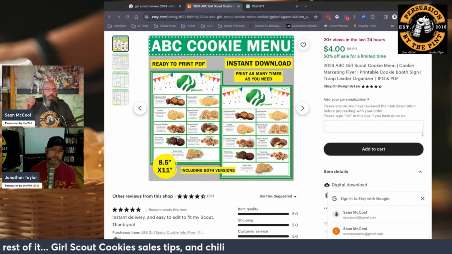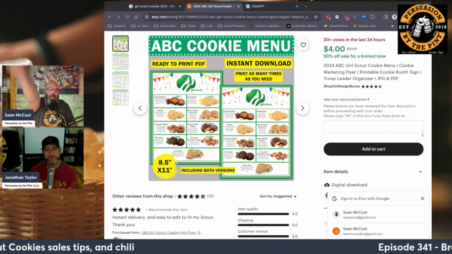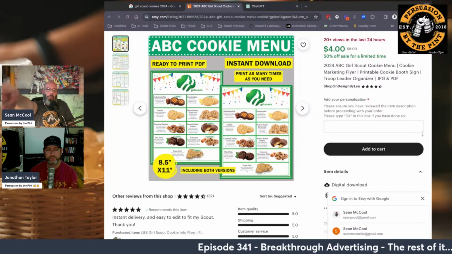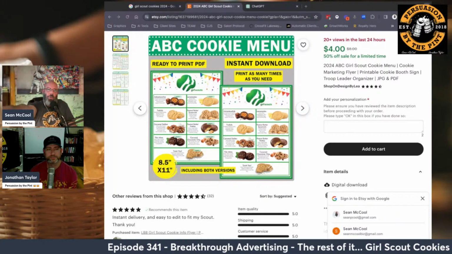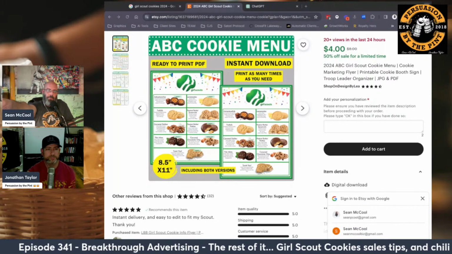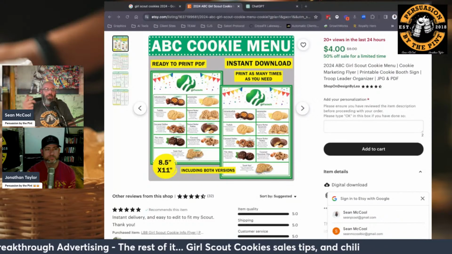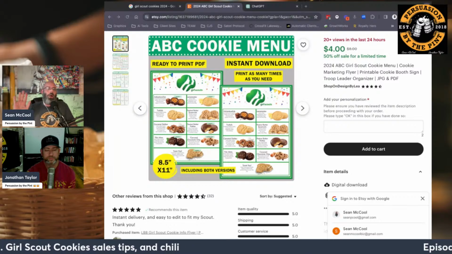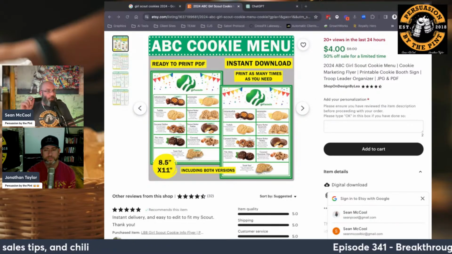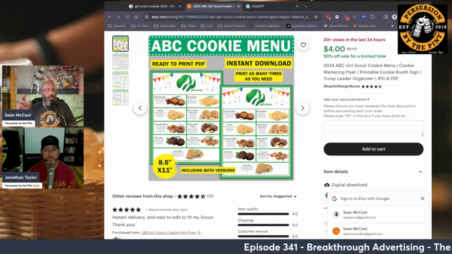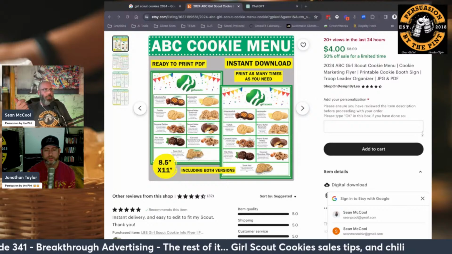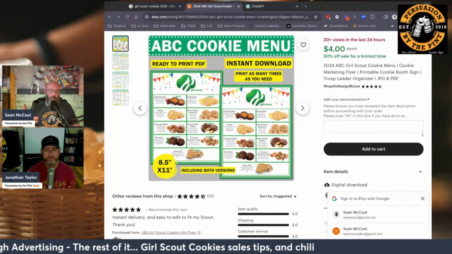And as somebody walks up, you literally just hold it out and say, have you seen our new cookies? Or have you seen our menu of cookies lately? Not everybody, but a lot of people will grab that just because you stuck it in front of them. Some people will say no, I'm not interested, but a good portion, just because it's Girl Scouts, are going to take it and look at it, and they're like, oh, I didn't even know you had a peanut butter sandwich cookie.